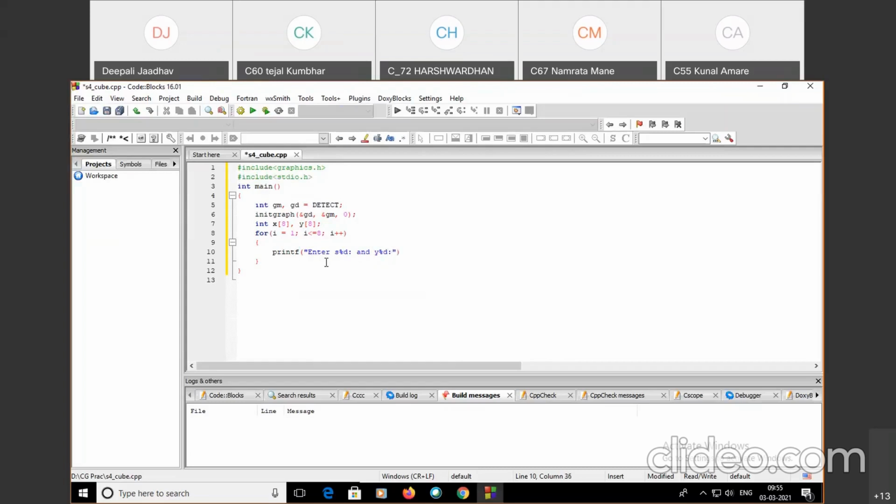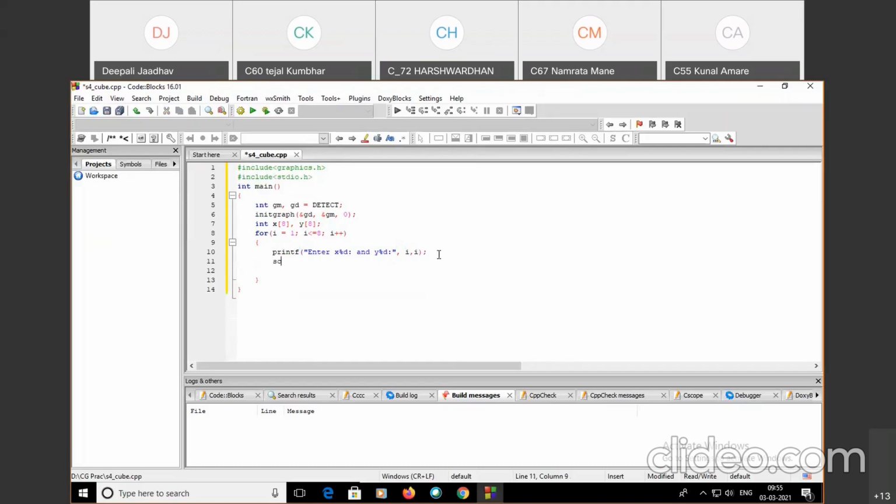I am assuming that you know the programming printf scanf, simple. So here enter the value.